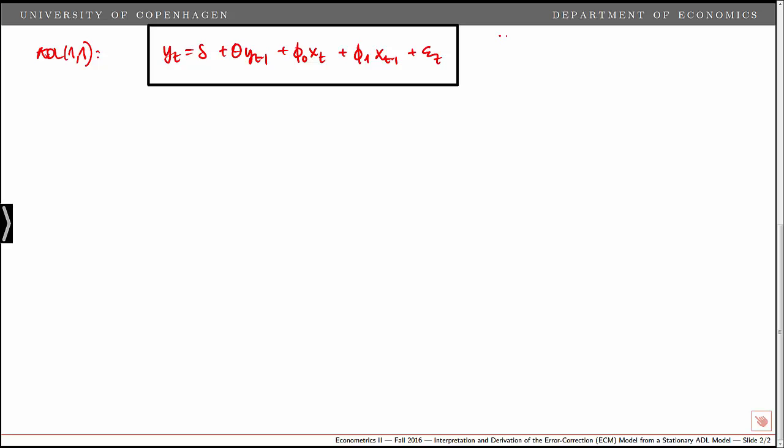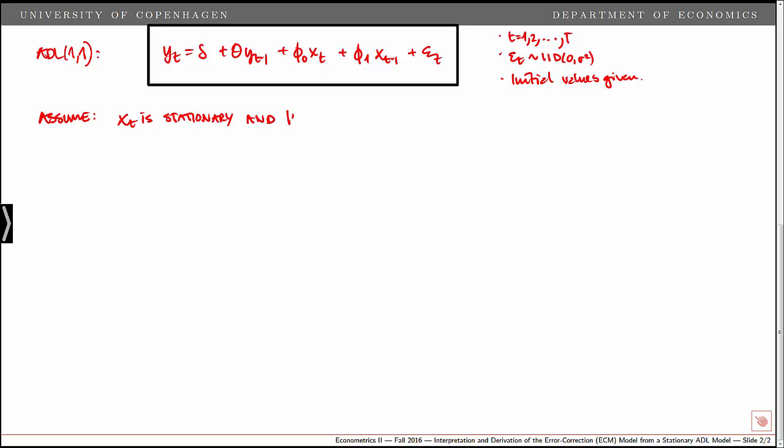We make the usual assumptions. t goes from 1, 2, all the way to T, so that's our sample size. Epsilon_t is IID with constant mean and variance. And finally, initial values are given. Moreover, we assume that x_t is stationary and the parameter theta is numerically smaller than 1, which implies that y_t